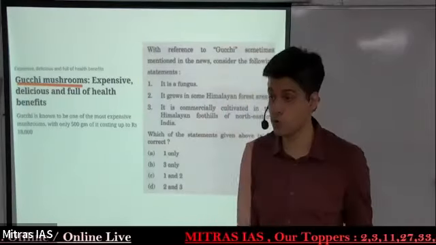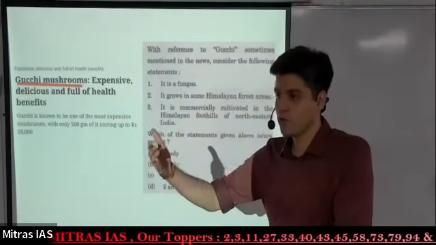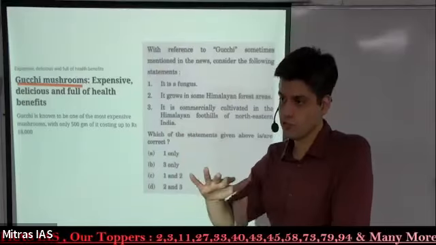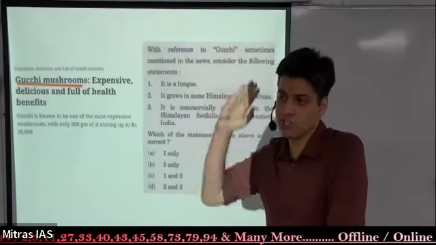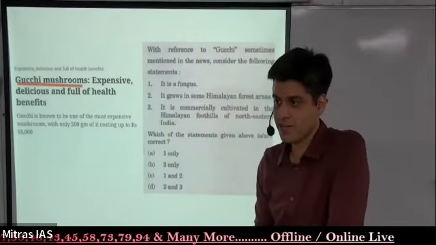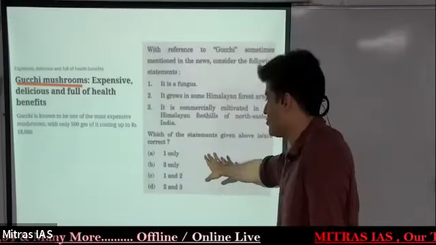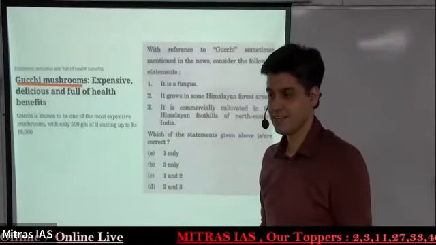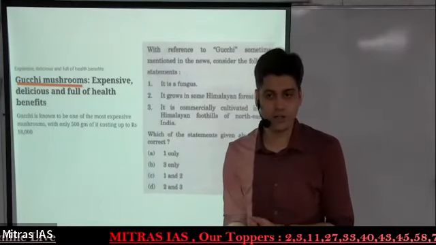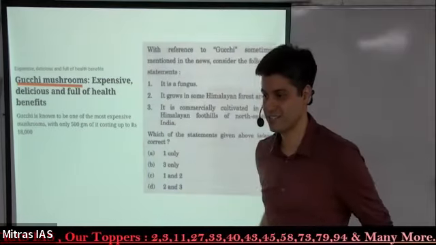Now this is disputed. Why disputed? It is also found in areas where there are no forests also. And I assume that they are also growing in the upper forest regions, somewhere in between. So I don't know how UPSC will take it. So it can be 1 only also, or C also. I'm not very sure about it, because if you see the answer keys, you might have got to know till now that even the best answer keys in the market will have a difference of 5 to 6 questions.